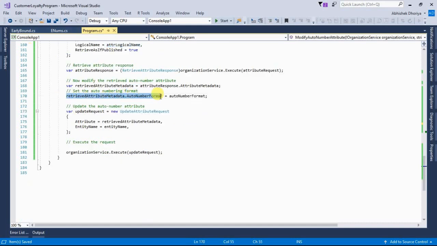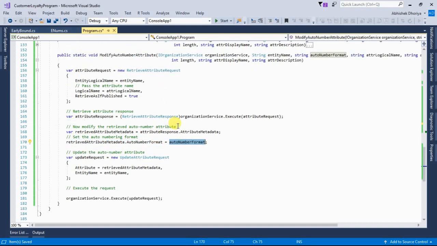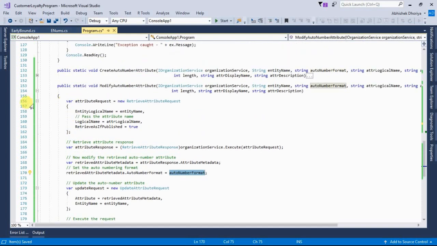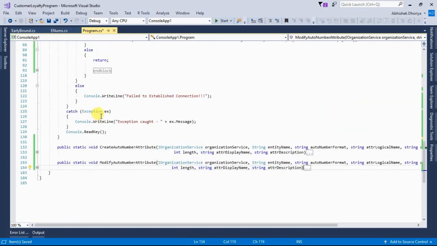This is the new auto number format that you want to add to that attribute, which again comes from the parameter, and then you can use this code. I will give you both these methods, create auto number attribute and modify auto number attribute.